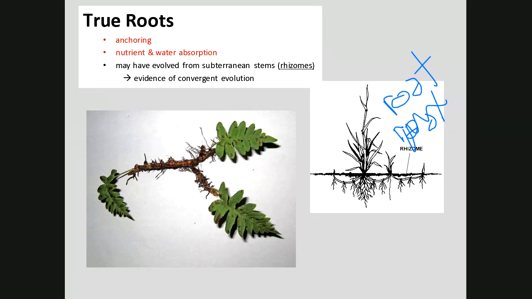There's no absorption there. So you see down below in that fern what you got there, these little rhizoids sticking out. So anchoring and nutrient and water absorption occurs in roots. Now, rhizomes may have been something that gave rise to rhizoids. So maybe we had roots and then we had rhizoids, or really when it comes right down to it, if you think about it, considering these ferns and organisms possessing rhizoids would have come out first, that's a good evidence for convergent evolution, even down at the plant level.